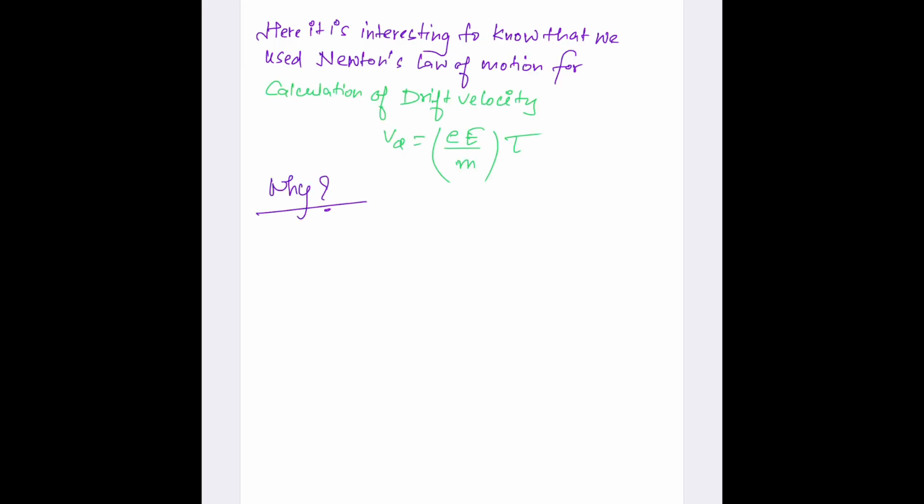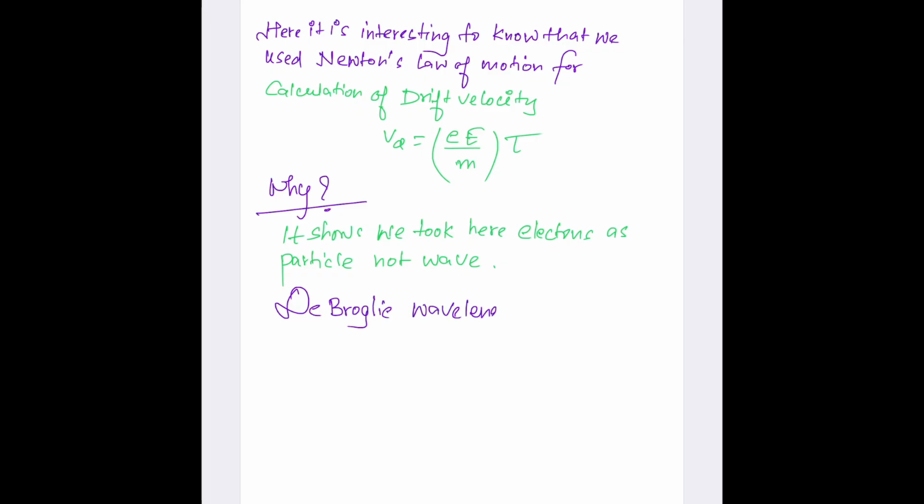Here it is interesting to know that we have used Newton's law of motion for calculation of drift velocity, which we have calculated earlier, which gives a relation between drift velocity, conductivity, and relaxation time. For calculation of this velocity, why did we calculate drift velocity using Newton's law of motion? The answer is